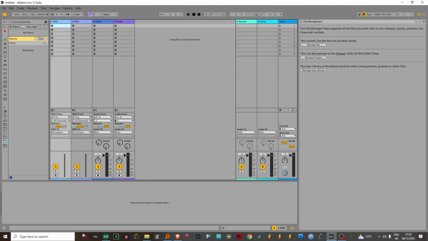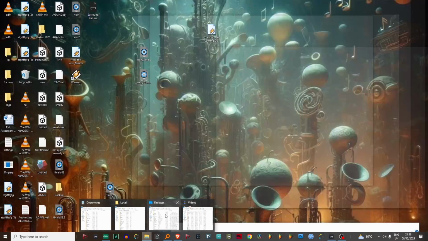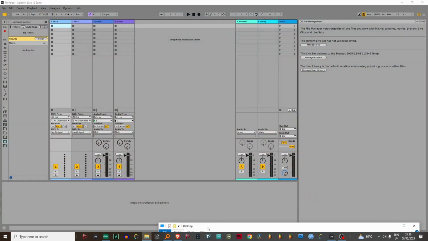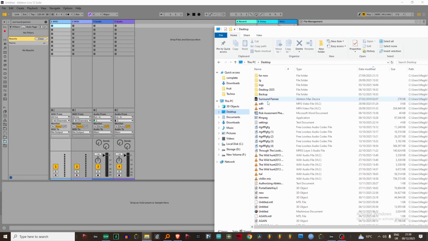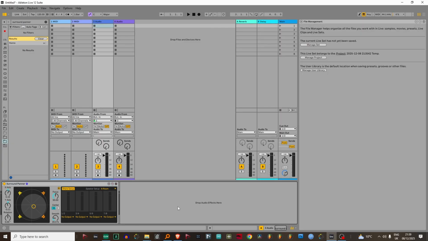Next you want to open the surround panner, which I don't have live on this machine like Max for Live, so I have just got it downloaded here. It's called Surround Pan AMD or AMDX, so I'm just going to drop it onto that audio channel there, and you can see it pops up there. Now this sometimes takes a little bit of fiddling with, but basically